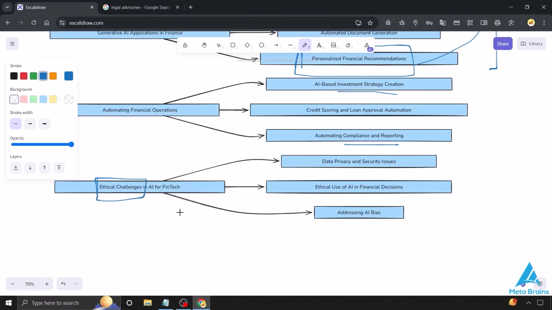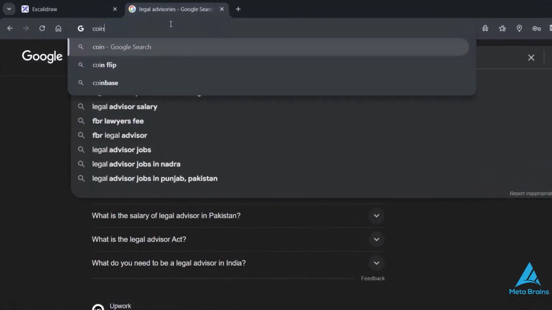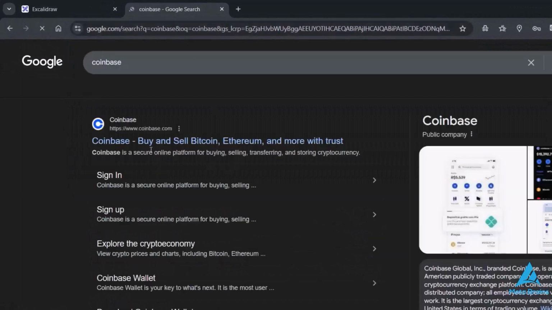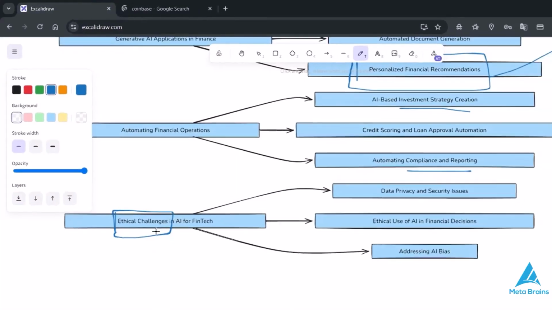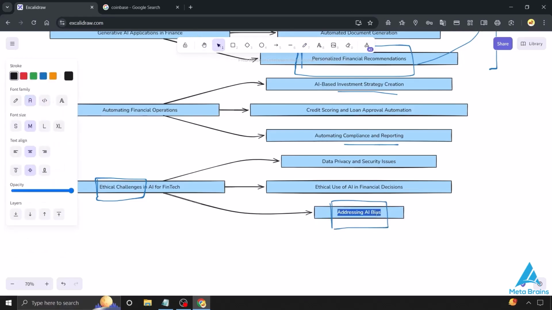We'll get a single simple topic, like we have our Coinbase website that is added here in order to buy and sell some of the online currency. So the first thing they're using is a secure platform, and security is the most important concern for the time being. So for that, we will have our data privacy. We have the ethical use of AI in our finances, and at the end, we have the AI addressing bias. The bias is added here, and we will discuss it here.